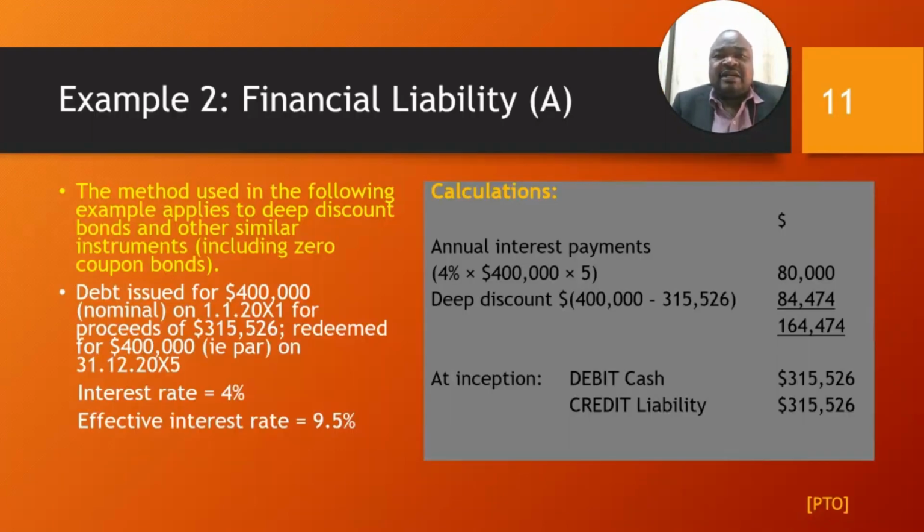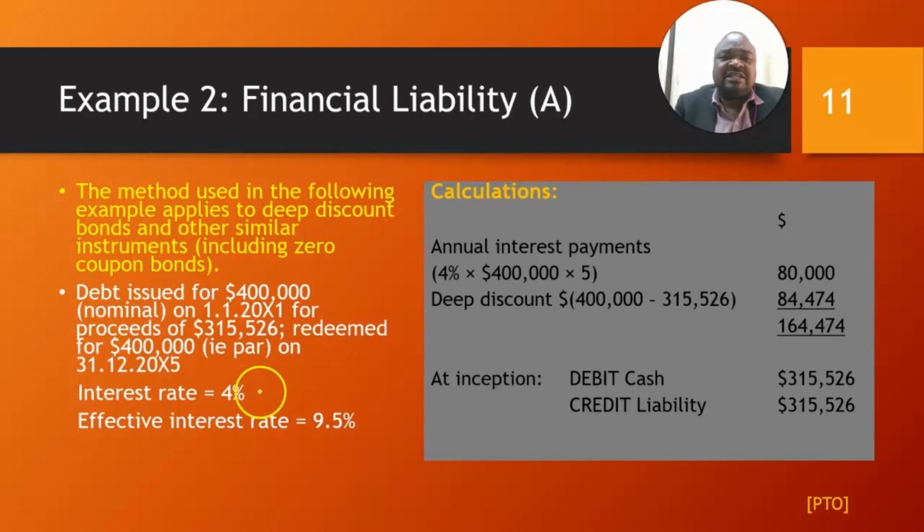Now let's look at the financial liability side. The method used in the following example applies to deep discount bonds and other similar instruments, including zero coupon bonds. Debt issued for 400,000 nominal on 1 January 20x1 for proceeds of 315,526, redeemed for 400,000 par on 31 December 20x5. Right? So the interest rate is about 4%. Effective interest rate